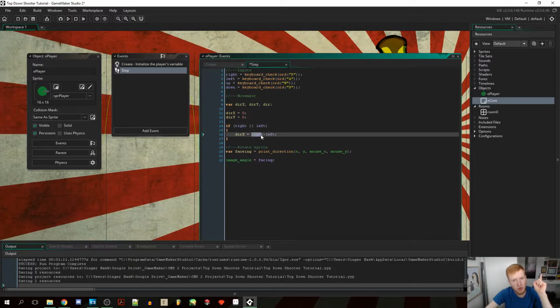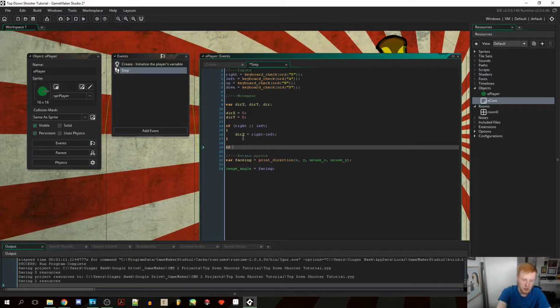So if we're pressing right, then we'll get 1 minus left, and left will be 0 if we aren't pressing it. So it'll be 1 minus 0, so that'll be 1. If we're pressing left and not right, left will be 1 and right will be 0. So then we'll have 0 minus 1, which will be minus 1, which will make the player go to the left. So we're going to do the same for up and down,